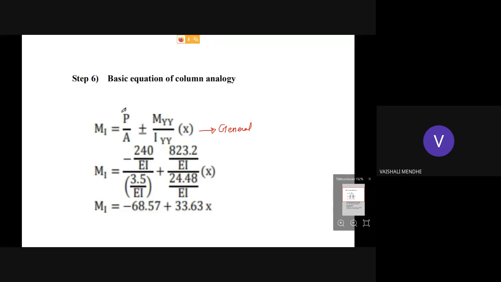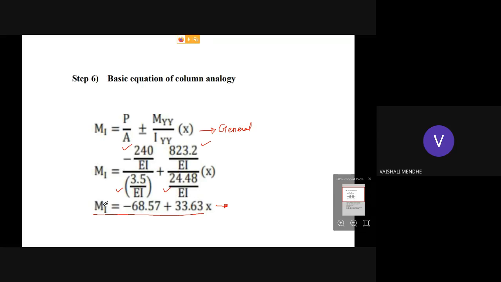So this P value we have calculated, MYY we have calculated, then area we have found out. In the analogous column section, we have found out the properties: area of the analogous column section and moment of inertia. P is the property of loadings we have found out, and this is the moment of inertia. So those values we have to put in this equation, and this value MYY by I by Y into X. So you will get this equation. If you simplify this, you will get minus 68.57 plus 33.63x. So this is the one equation we are getting